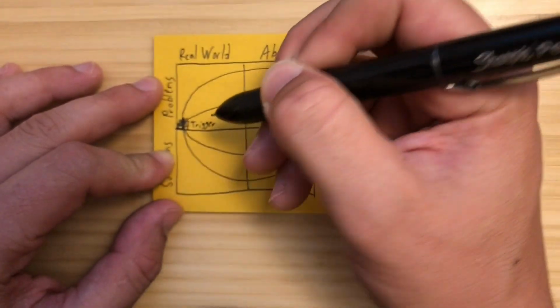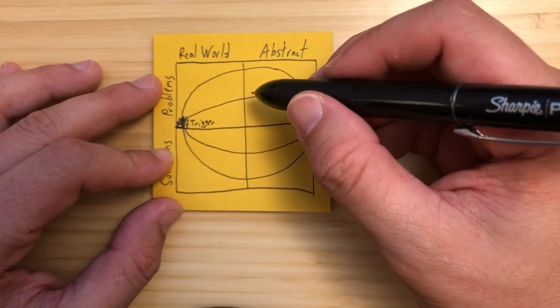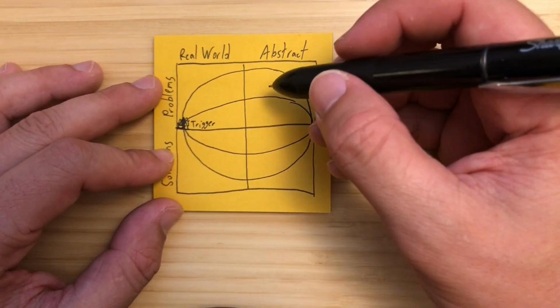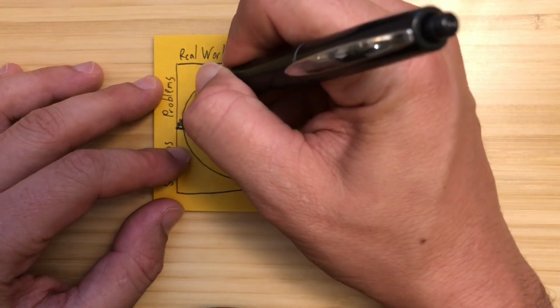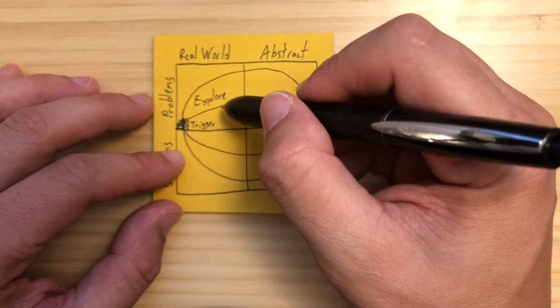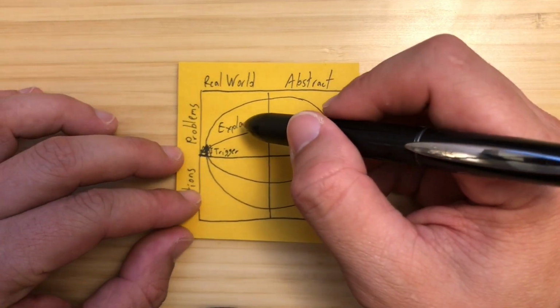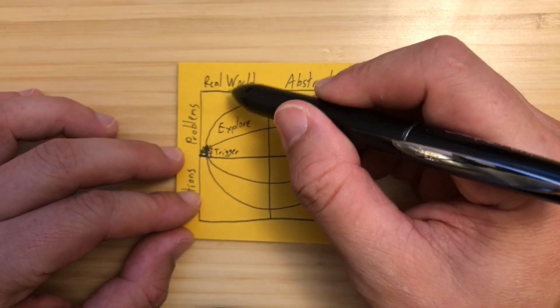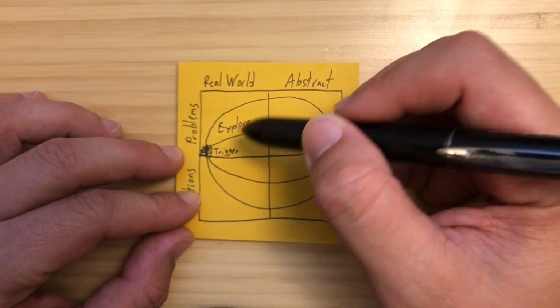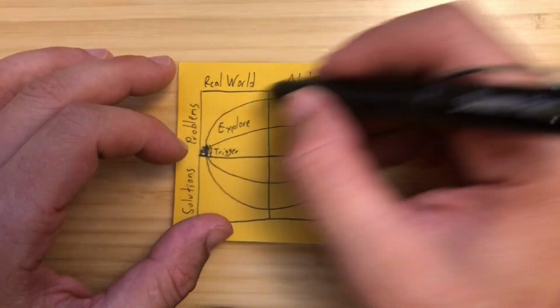So this is someone experiencing a problem in the world, or maybe just seeing an opportunity space and wanting to explore it further. So that's exactly what they do. We start with explore. So at this point, the designers are exploring, camera focus, we're going to be exploring problems in the real world. We're going to be talking to people, interviewing, observations, all that kind of good stuff. And then we're going to move on